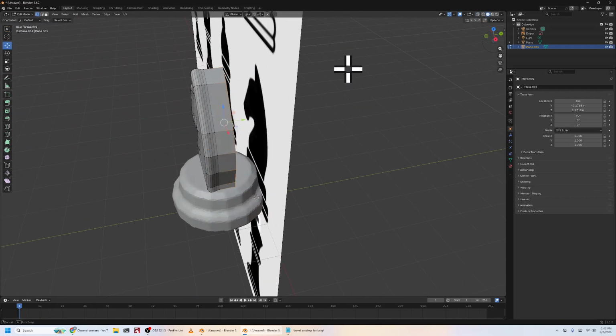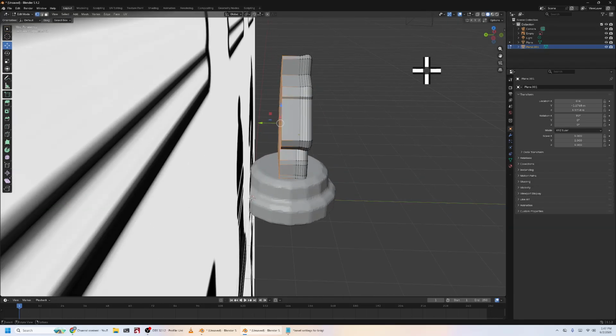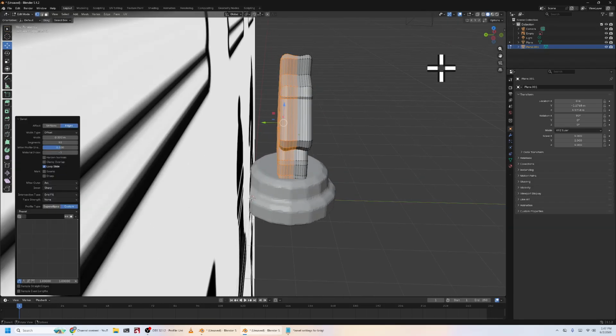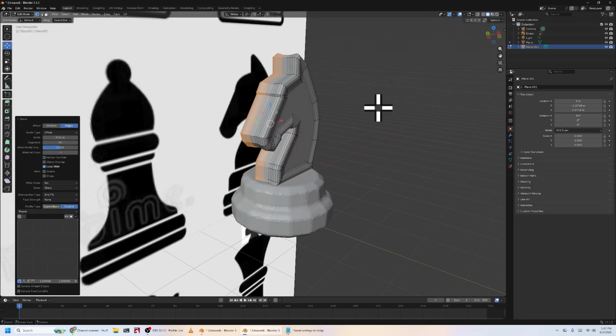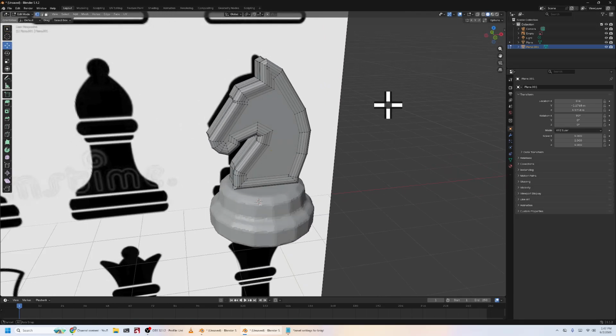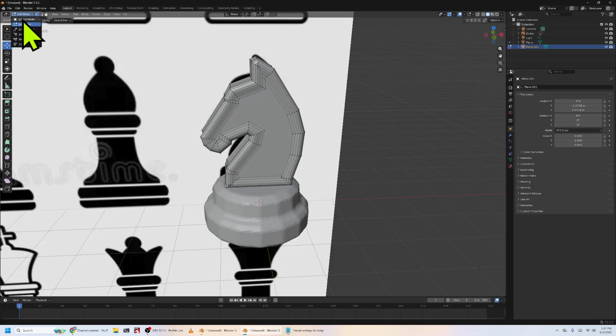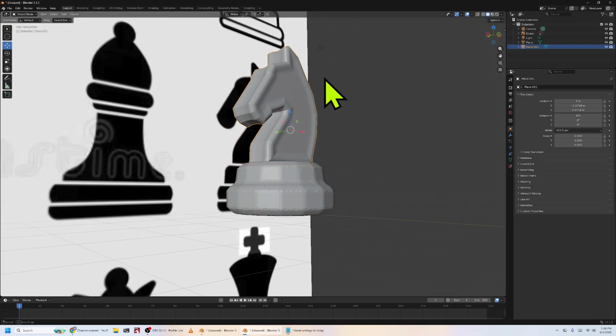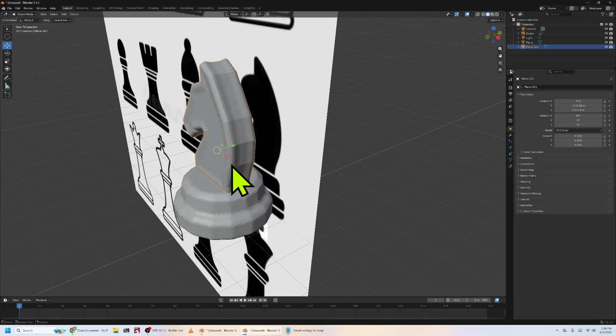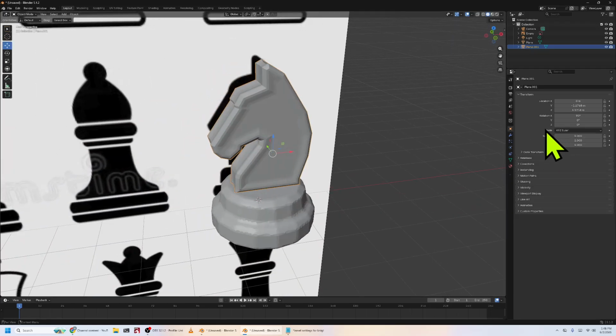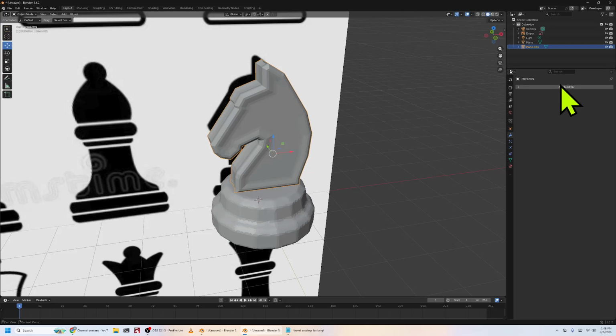Now, we are going to select the other side, and since we've changed our bevel settings, they will actually apply to all the other bevels we do. So, we'll do that. Set the width to 0.24. And now, you can see, our knight is looking a lot cleaner. And if you just want to fix maybe a few little artifacts without having to do some retopology, you can add a remesh modifier to the top of the knight,